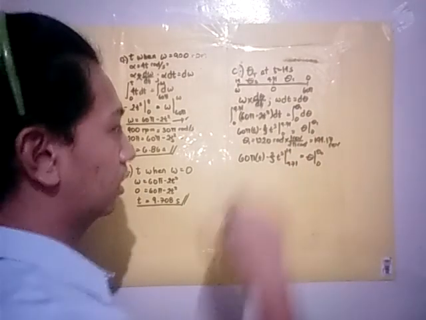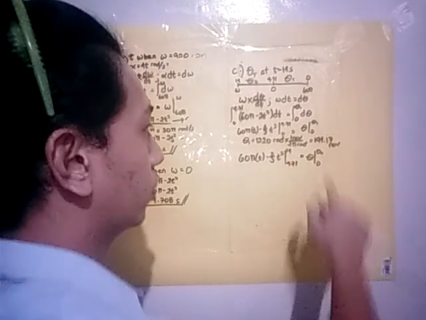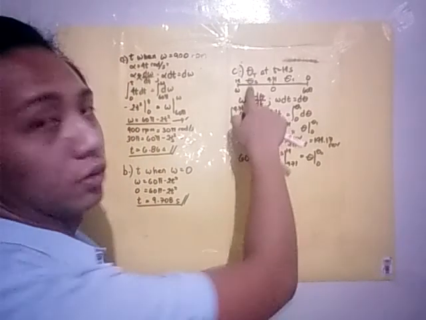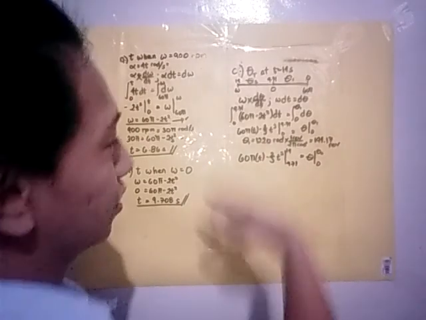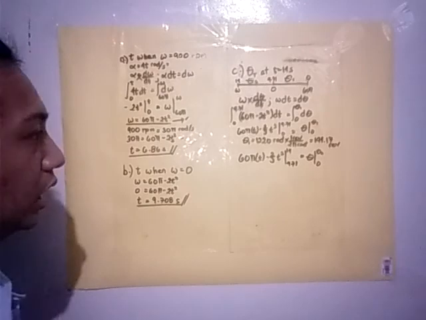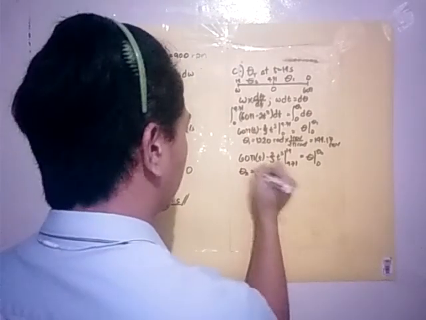As time passes until we reach 14 seconds, we will get our theta 2, or our second revolution. So substituting the limits, we will get our theta 2 now equal to